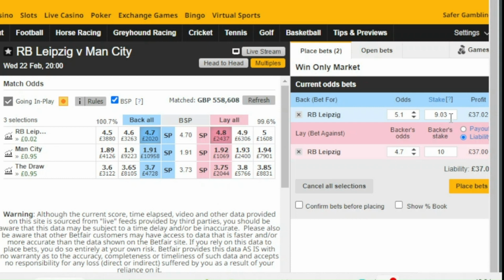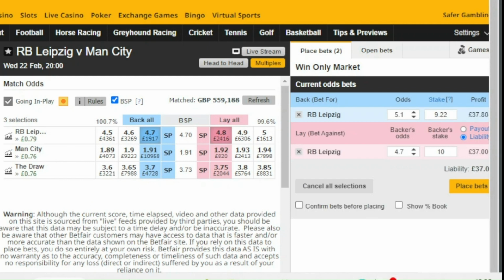But now it's just a question of playing with the stakes, really. We can go that route and bet £9.40, and if Leipzig regain control of the game and go on and win, we'll make £1.51, and if City win or it's a draw, we'll make 59p. And you can fiddle around with it as much as you like. Obviously these profit levels don't look huge, and they're not, but we are only betting effectively a tenner,